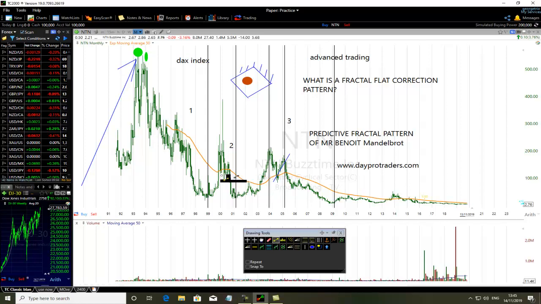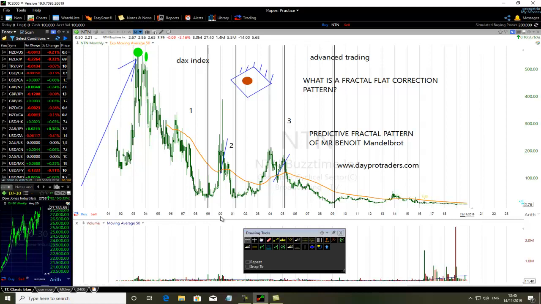He can sell here. Say, what's going on? We are seeing flat correction all over the place. So there was a move up, a flat correction. Now we see again a move up, a flat correction. Now we see a move up. What can we predict? We can predict that because this stock has a characteristic